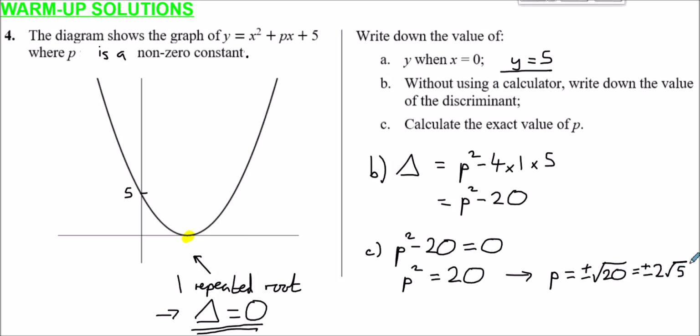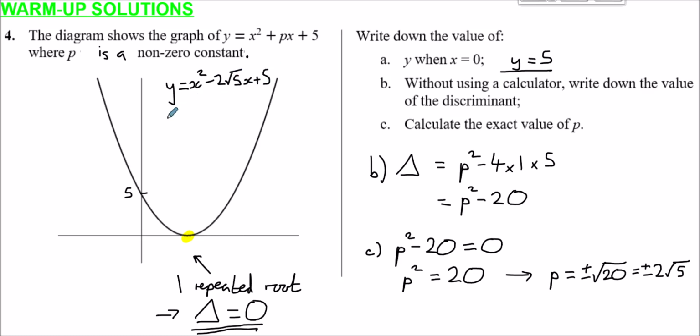So it's tempting initially to think, well, there's two possible values of p. However, if we look at this graph, the minimum value is where x is positive. So because of that, what we have to pick here is that p is actually negative 2 root 5. And I'll show you why. And so here, if we have negative 2 root 5, this becomes x squared minus 2 lots of root 5, x